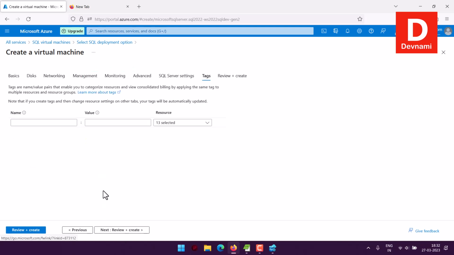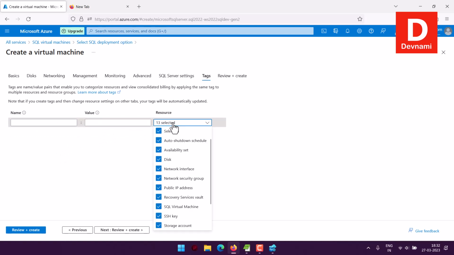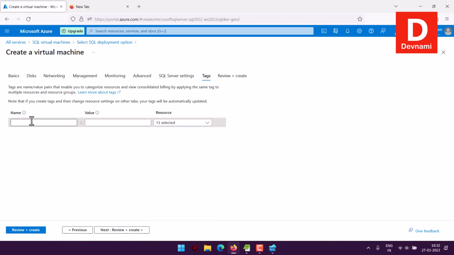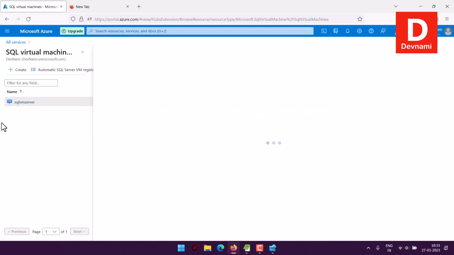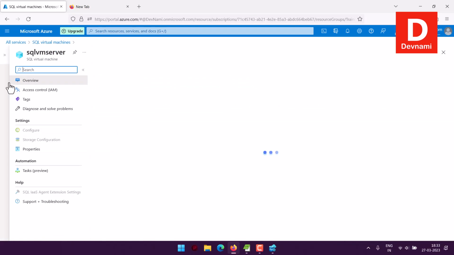Click on next. For tags, we can organize our VM with our resources, you can see, and then use the tags for managing it. So I already created one SQL virtual machine with all these options, right? So just go to deploy at the end with review and create. And once you do, you will have your virtual machine deployed like this,